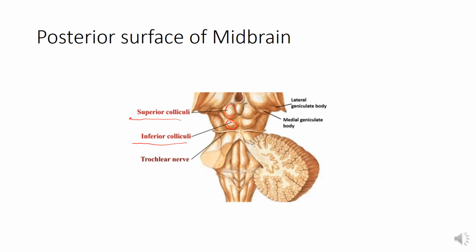In the midline below the inferior colliculi, the trochlear nerve emerges. These are small diameter nerves that wind round the lateral aspect of the midbrain to enter the lateral wall of the cavernous sinus. So you can see here the fibers of the trochlear nerve coming from the posterior surface of the midbrain. This is the only cranial nerve which emerges from the posterior surface of the brain. You can see the thin fibers winding round and going anteriorly.